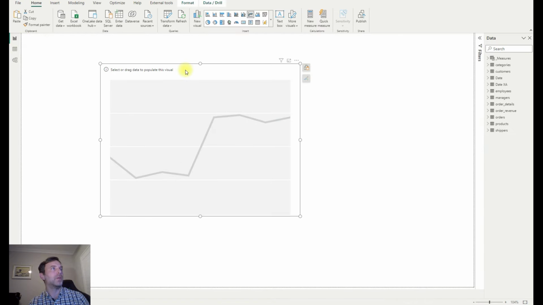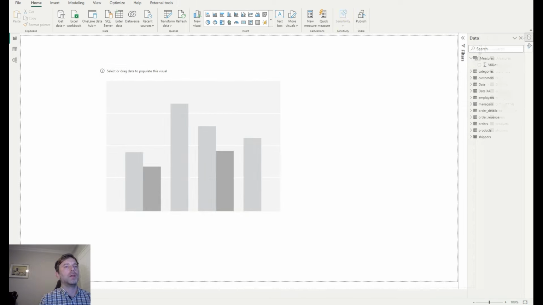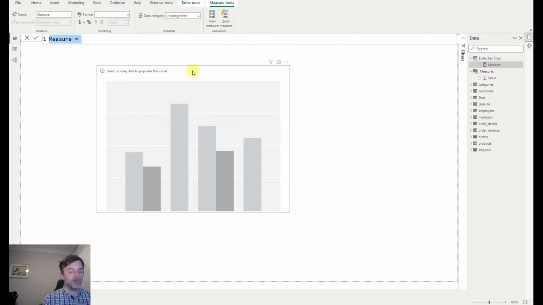Okay, so I'll go back to our main report and our line chart visual. So let's just get started. Okay, so first I'm going to create a few measures. One will be our net revenue, one will be our target, and the other will be some color formatting. Okay, so our first will be the total